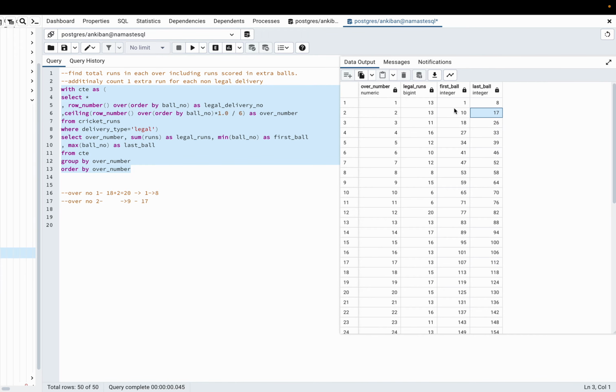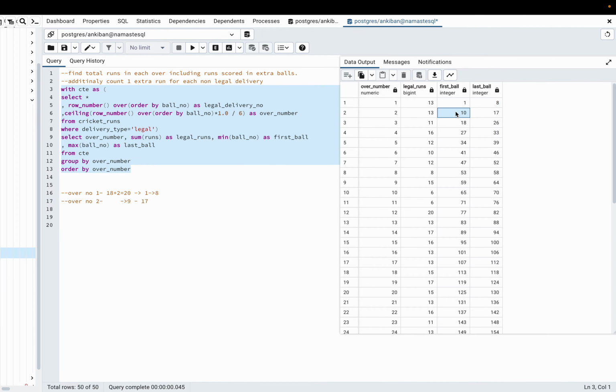Now the problem here is the ninth ball is missing because it is the first ball itself and we are only considering the legal balls. The ball number 9 is missing. It means the second over does not start from 10, it starts after 8. So we can say that every over will start after the last ball of the previous over.